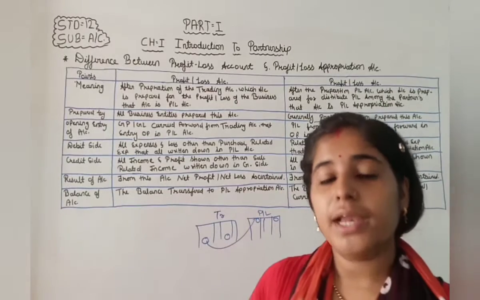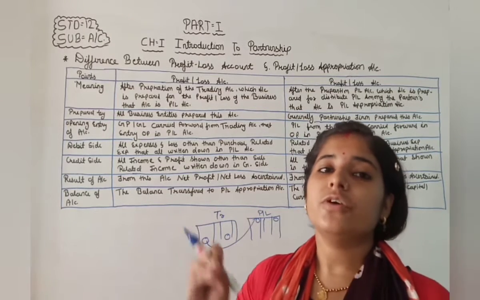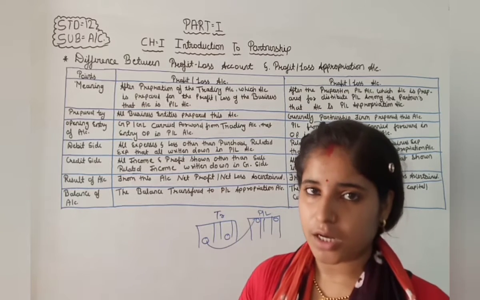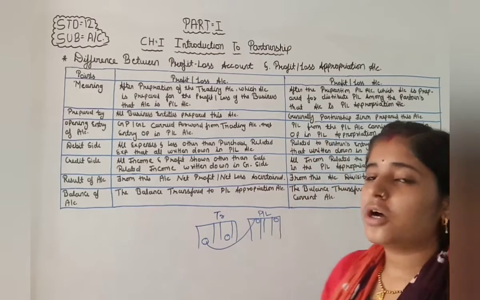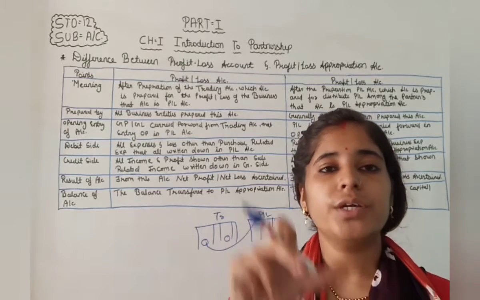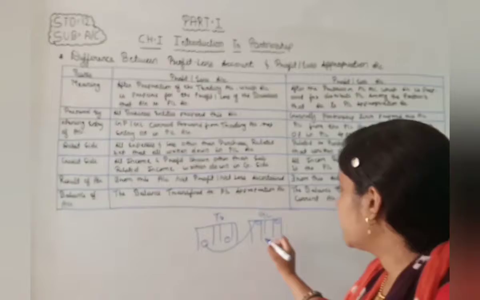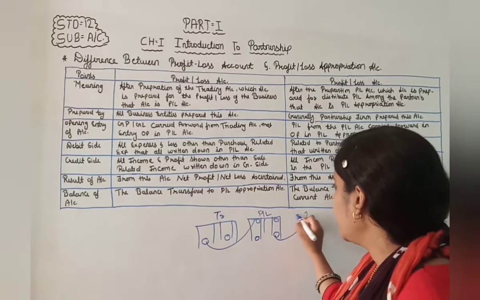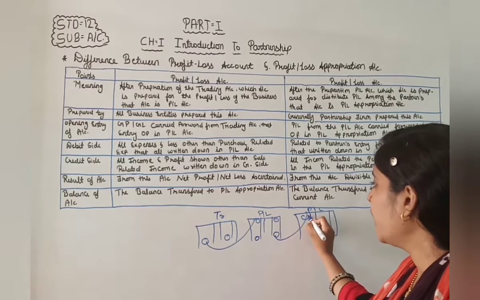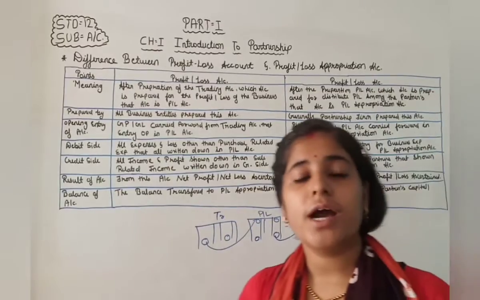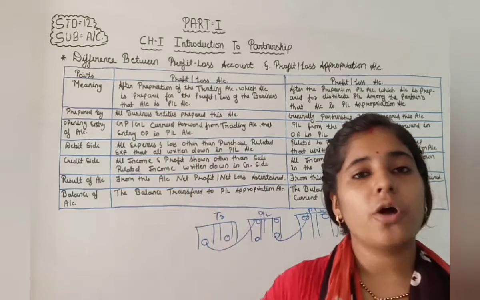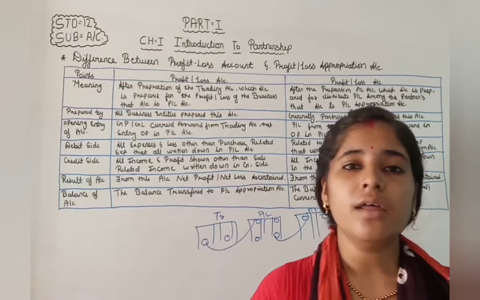So the opening balance in the profit and loss account is the gross profit or gross loss from the trading account. Now in the profit and loss appropriation account, we first write down the opening balance of net profit or net loss that is carried forward from the profit and loss account. So here net loss and here net profit. As we saw in the previous lecture on the profit and loss appropriation account, at the top we write the net loss and net profit.